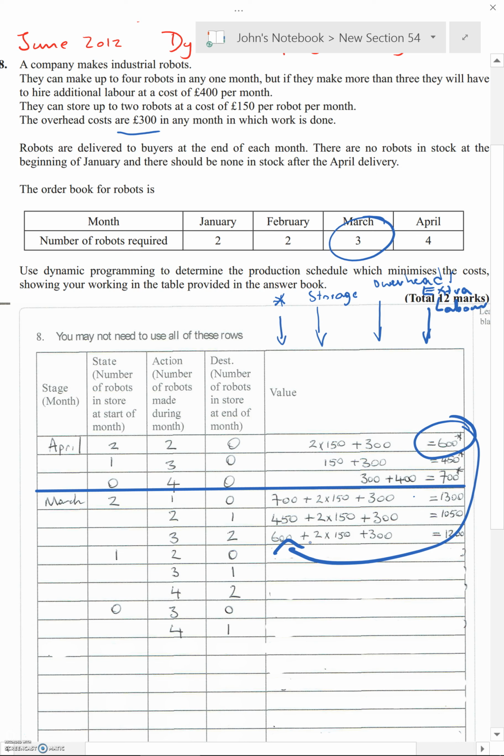Still 2 times 150 because 2 are left in storage, and no extra overheads because only 3 are being made. Okay, now that's the whole of that state done. We're on to the next row, but before I do that, let's star the optimum one of those and maybe title the optimum one